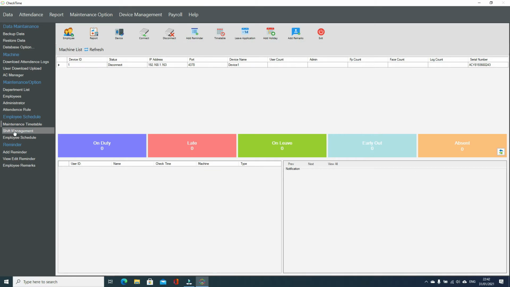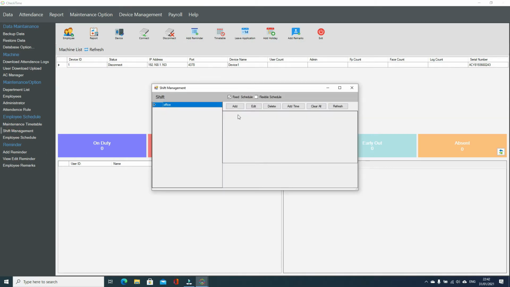First we go to the shift here. We click the add button. Type the shift name. Type the start date when the shift is starting. If you were already using a fingerprint device before setting up the shift, then you can set your date from here. So we have the shift here.